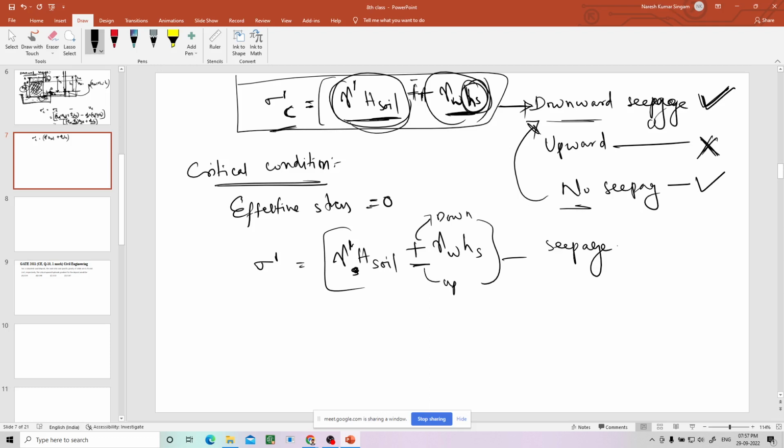If there is no seepage, this term itself becomes 0. Only this term will exist. Now, when does effective stress become 0? Only when